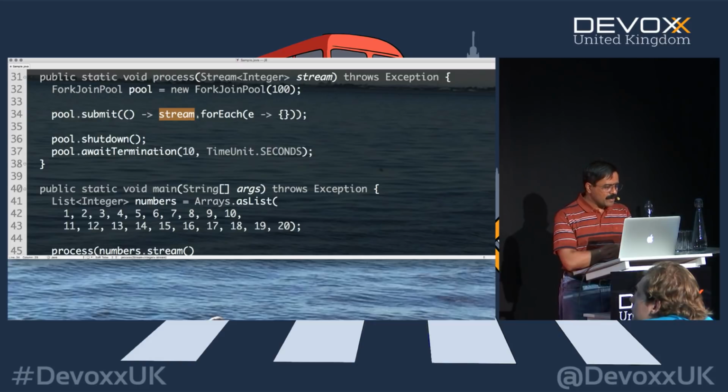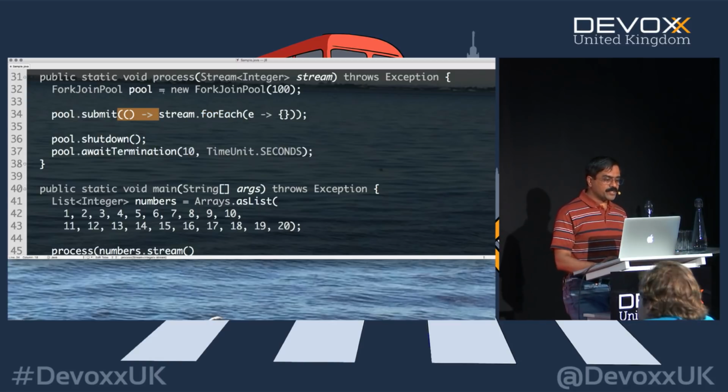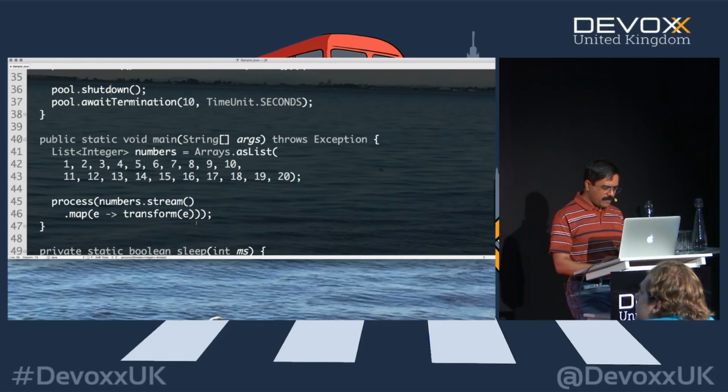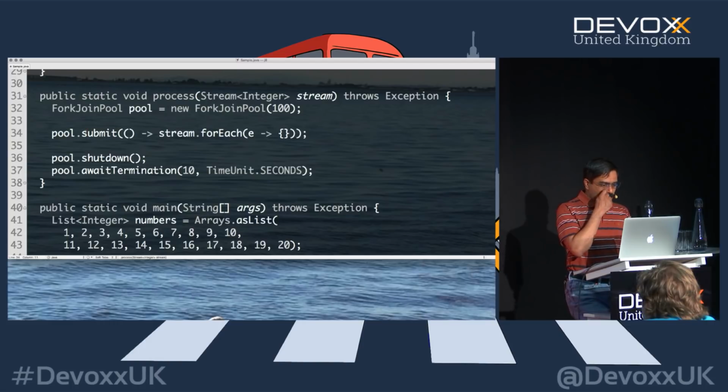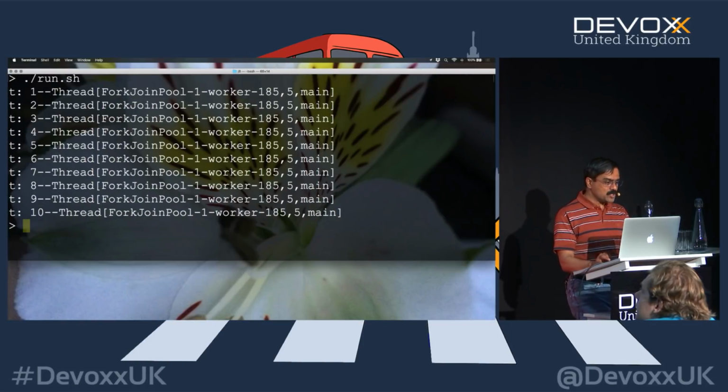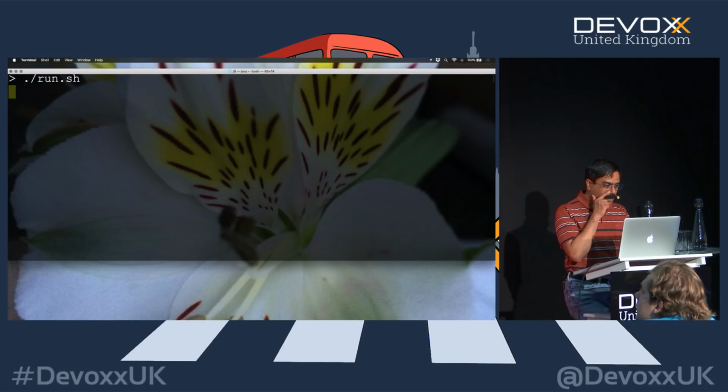I'm not sure why that's, I probably messed up something here. So this is actually the forEach executing the terminal operation within this pool. Let's make sure I'm doing this right. So I created the pool right here. I'm calling the submit on the pool, and this is going to be called within the pool right here, and then the shutdown has to happen right there. Let's make sure the process is being called, the map transformation, and then I'm calling that in here. So I'm a little surprised why that's doing what it's showing, but that should be running within that pool. Let me try this just one more time, just to be sure it got compiled and it's running it.